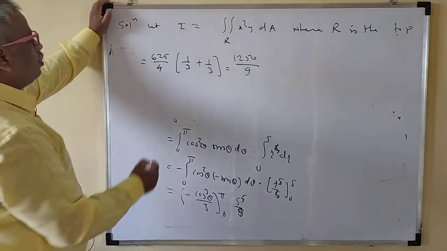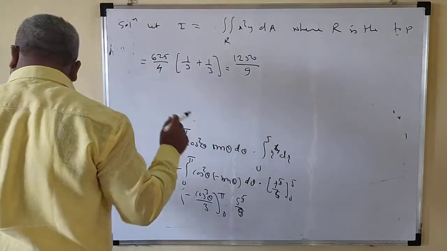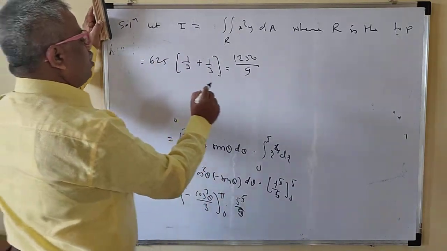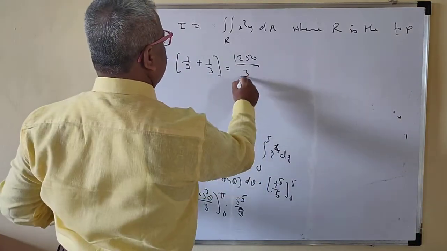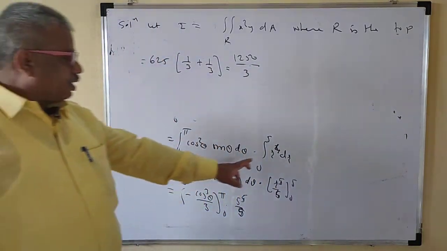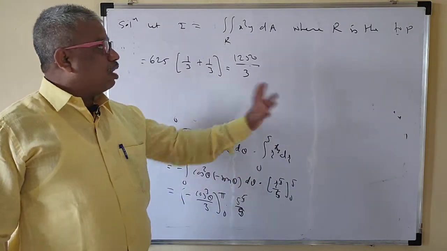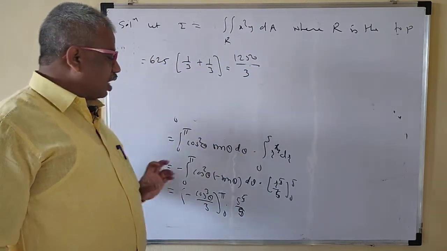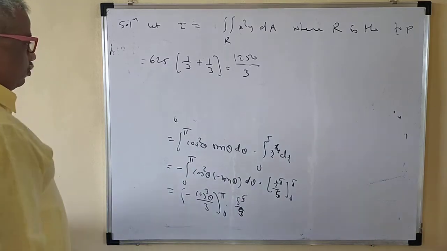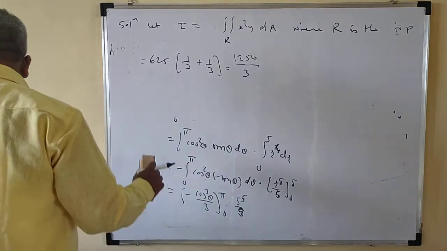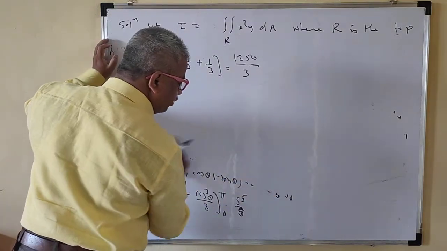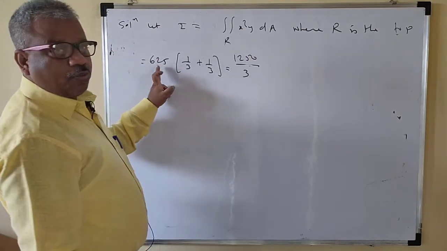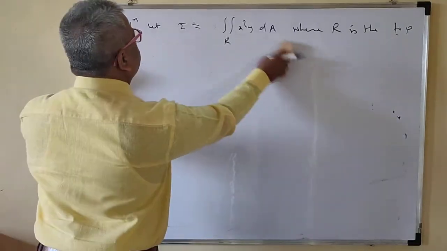Okay, so now this will go at 625 upon 3 now. Okay, so this is the correct one. We have to take care of this one. This is r to the power 5, because we have to take the product of the r. So this is r square, this is r, and one r is there, right? So this is r to the power 4. Okay, so correct that. Now this is the correct answer: 1250 upon 3 is the correct answer. Because 5 to the power 5 upon 5 is nothing but 5 to the power 4, and 5 to the power 4 is 625.